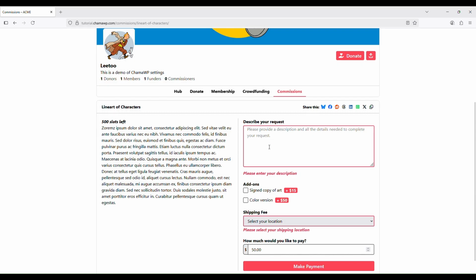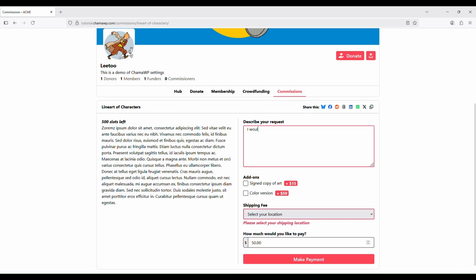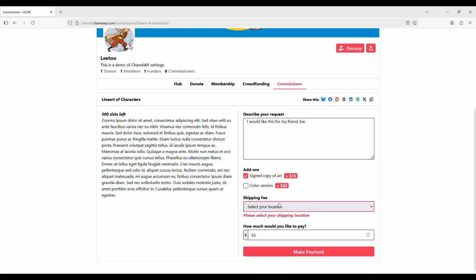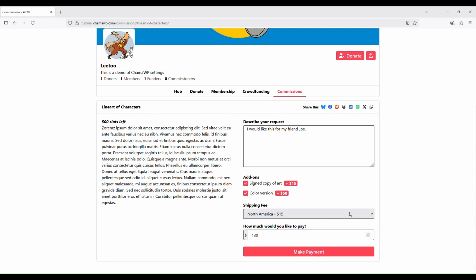So let's say I would like this for my friend Joe. Okay, so do I want a signed copy of this art? Let's say yes, and notice it increases the price. Do I want a color version? Yes. Okay, and then if I wanted to ship it, let's say to North America, all right,